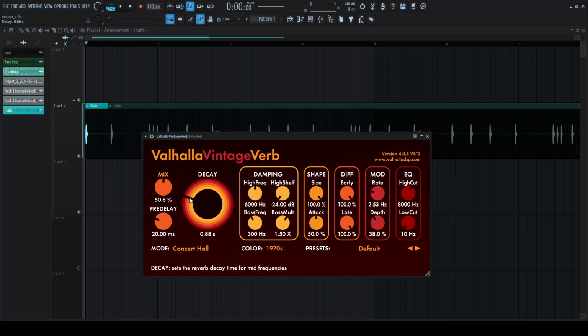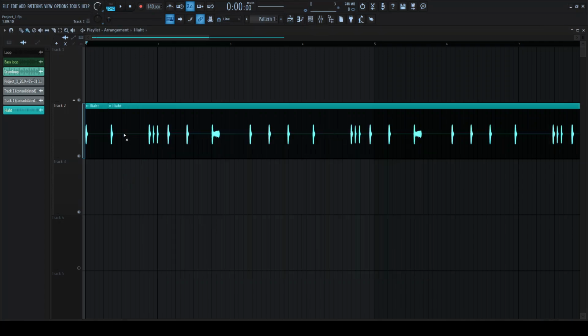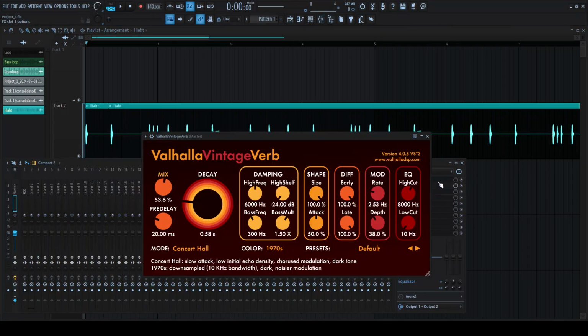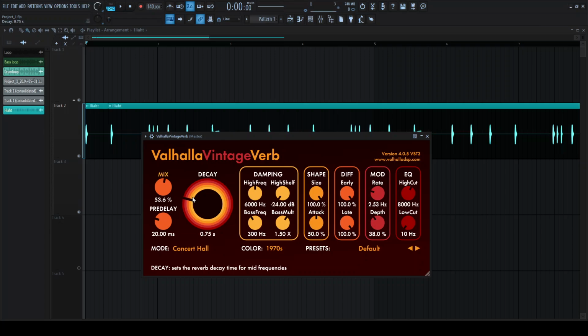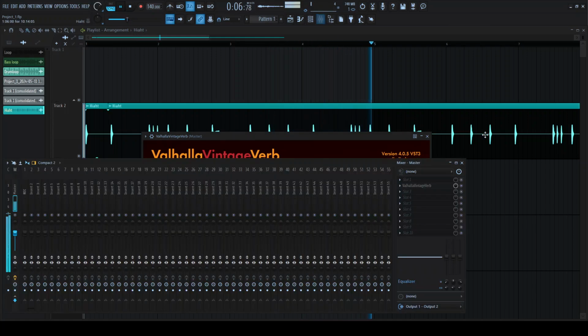So you can also set it to very low like this. And for example, if I activate this again, we can hear a very short reverb, and it's pretty nice for the ears. So if we deactivate it,